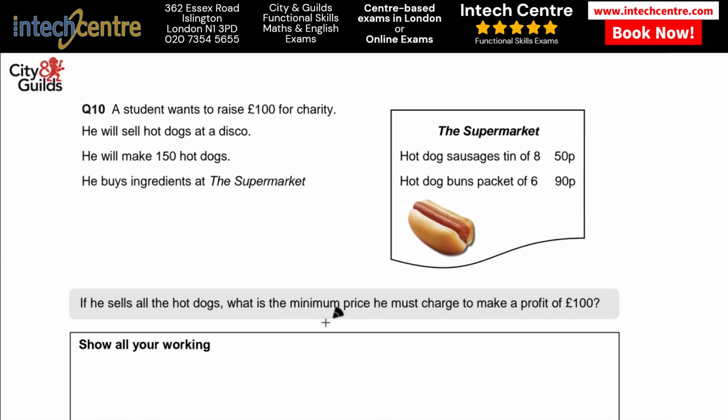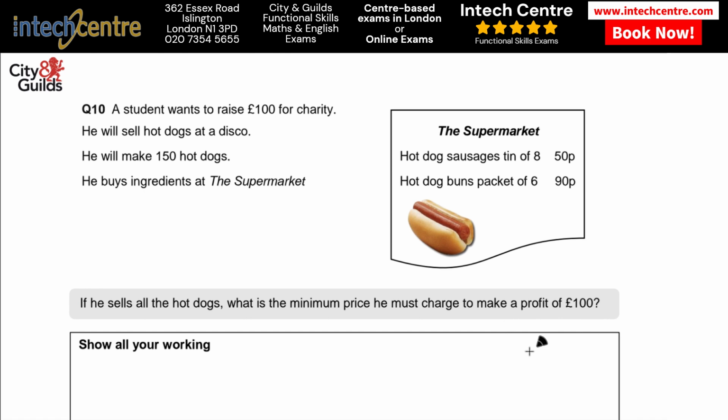The next question is question 10. A student wants to raise £100 for charity. He will sell hot dogs at a disco and make 150 hot dogs. He buys ingredients at the supermarket, where hot dog sausages, a tin of 8, cost 50p, and for the buns, a packet of 6 costs 90p. If he sells all the hot dogs, what is the minimum price he must charge to make a profit of